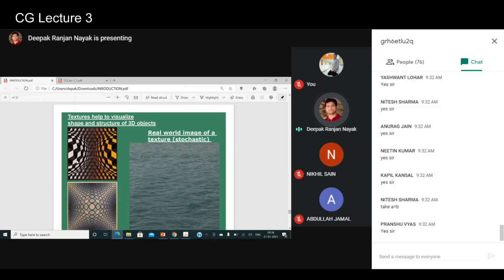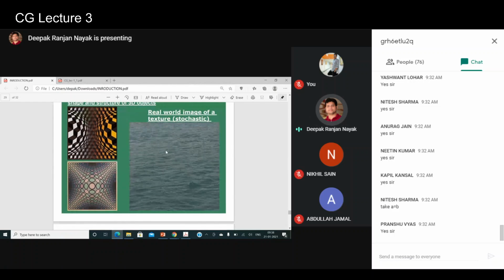But just look at the real world image on the right hand side, the image which has been captured from a sea or a pond, wherever water is there, right? If you look at the patterns, it looks like a very random pattern, right?